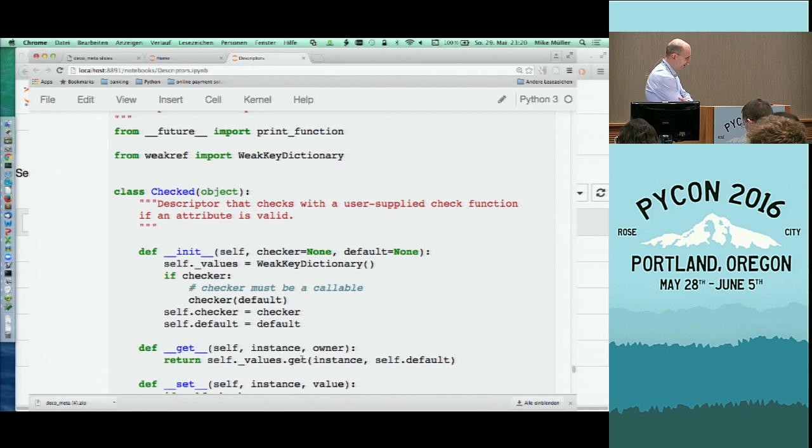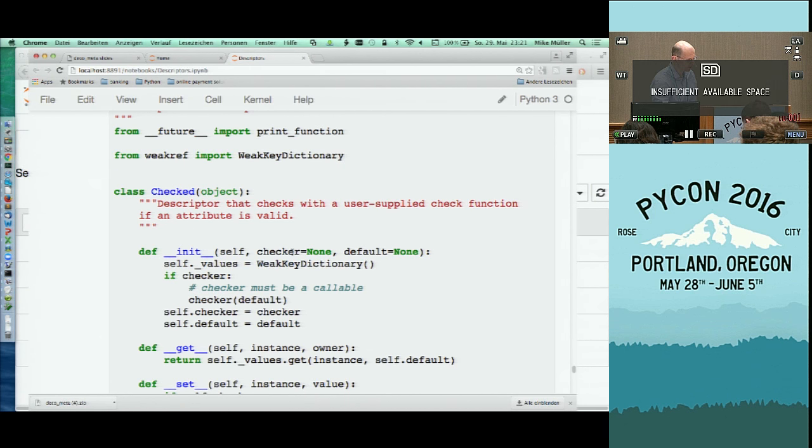So I can check attributes for something. Actually, the user can supply a function that helps me to check it. So there's a few moving parts. The problem is you have to read through the whole thing first and then maybe read it again to start to understand it. Here, what I'm doing,